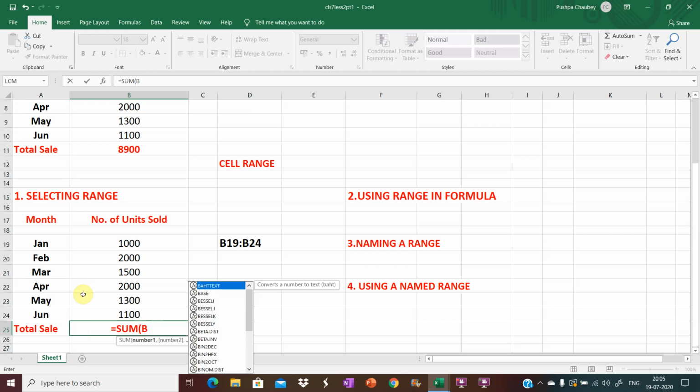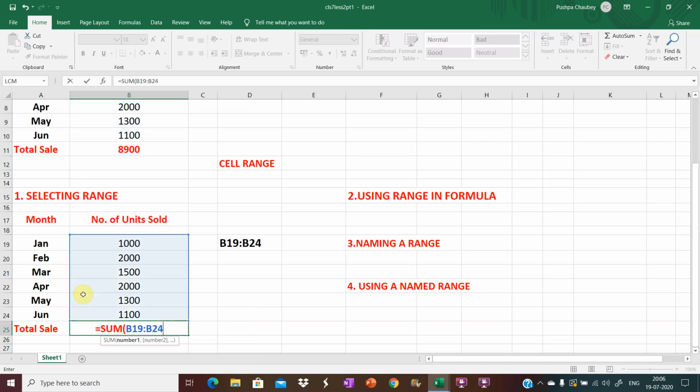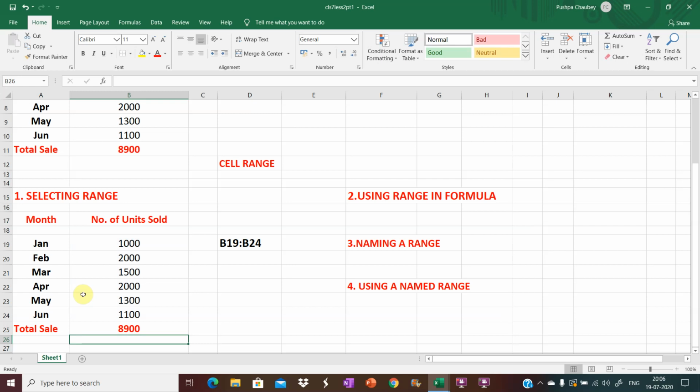Starting cell address B19 to B24. Press enter key. Children, here total sale is calculated by using a range in a formula.